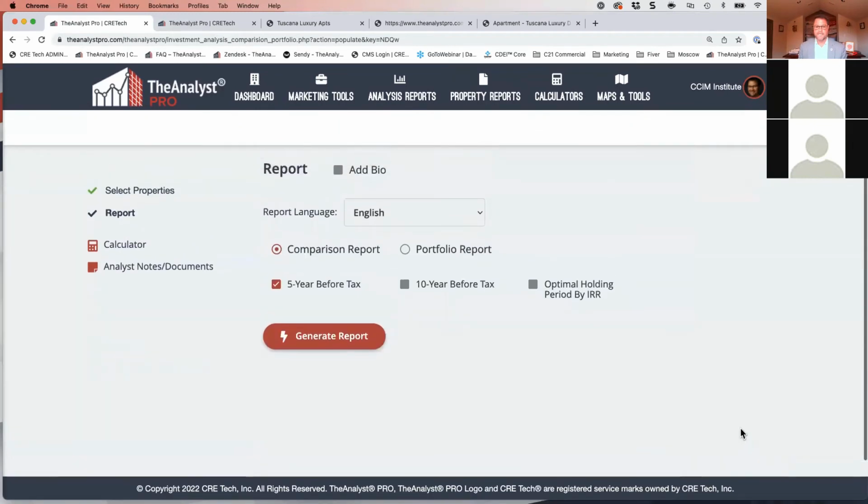No big deal. And now I can say what kind of comparison report do I want? A 5-year, 10-year, or an optimal holding period? We're going to do a 5-year comparison. I'm going to come back and do the portfolio. So you see I have a little radio button here that switches between the two. I don't have to change any of my inputs to do a comparison in portfolio right now,